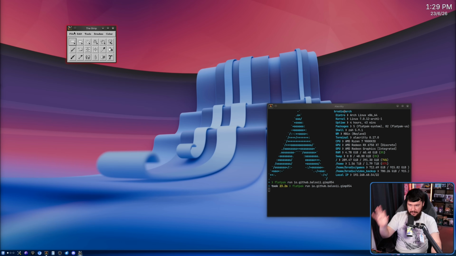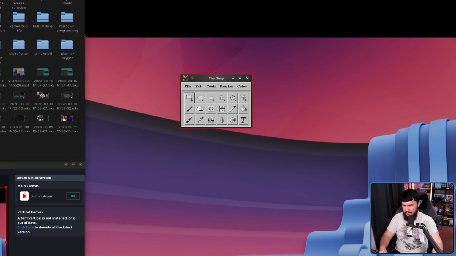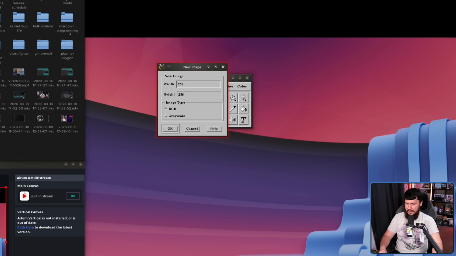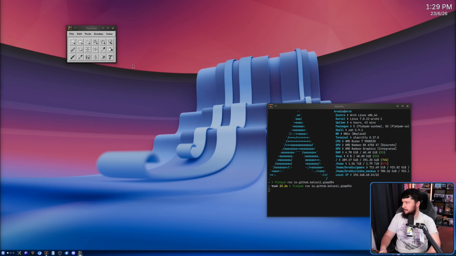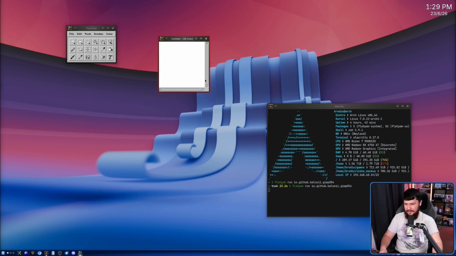So, if we go into File, let's go to New. There are some keybinds here, Control-N, and various other things we can use as well. So let's go to New, and by default, it is 256 by 256. It is set to RGB. Clicking that button makes it appear as if it is going to change, even though it doesn't. Old design. You can set it to grayscale if you want, but let's go OK. And that, once again, spawned on the other monitor. So here is our